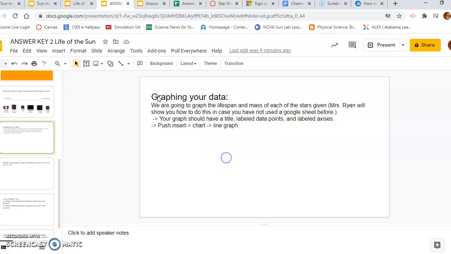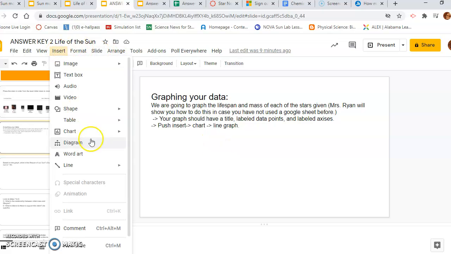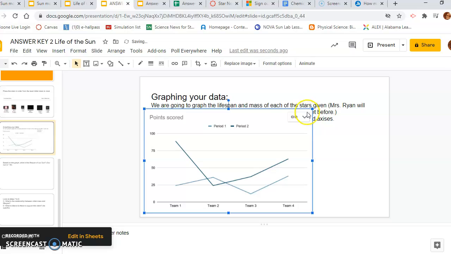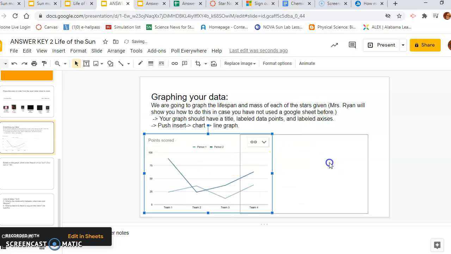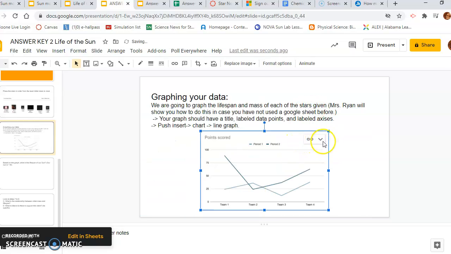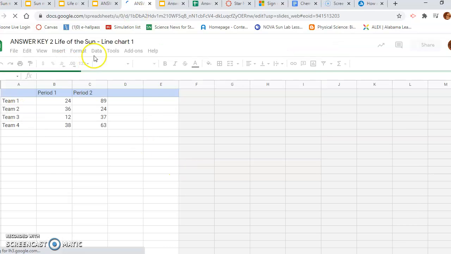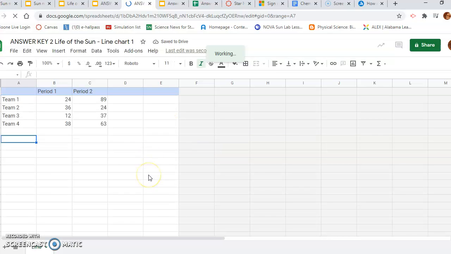Okay, so to make our graph, you're going to insert, go down to chart, and push line graph. Once you get this, it will look like this, which is not very helpful, so we have to edit it. If you click Link Chart Options and go to Open Source, it will show you a Google Sheet with